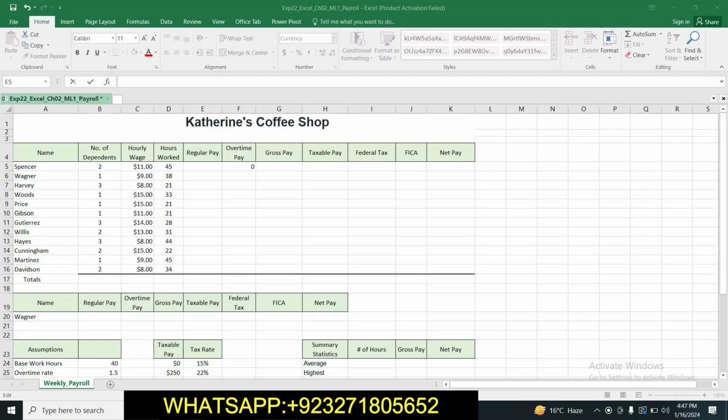Go to the Excel worksheet. In column E, we will calculate our regular pay, and in column F, we will calculate our overtime pay. Firstly, we calculate our regular pay. For calculating our regular pay, we will insert a function